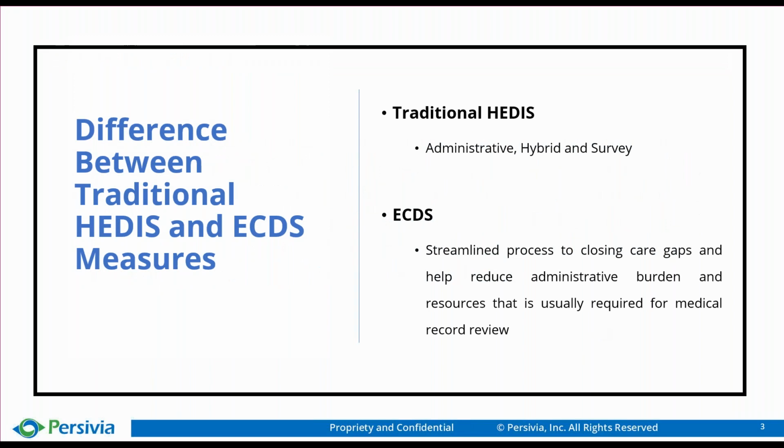Now, when we talk about the future of HEDIS and ECDS measures, what's the difference between ECDS and traditional HEDIS, which we know is being used right now by health plans out there? So currently, traditional HEDIS uses administrative data, hybrid data, which includes medical record review and also patient surveys. ECDS, on the other hand, still uses administrative data, as we will see down the line in the presentation, but it's mostly a streamlined process to close care gaps and also reduce the administrative burden that comes with medical